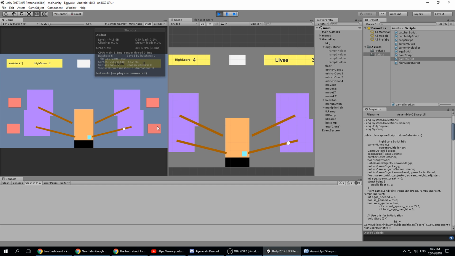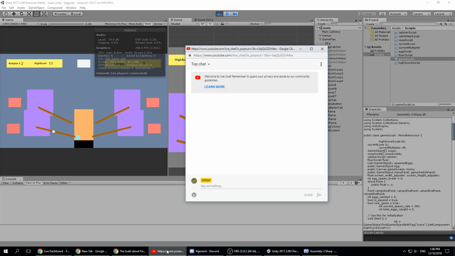Let's see if updating the multiplier is actually going to make things spawn faster. There we go. This is going to take some time right now. This is actually taking quite some time. But anyway,